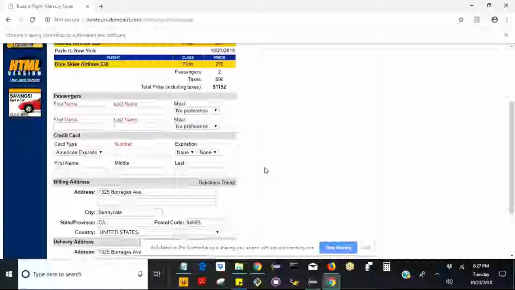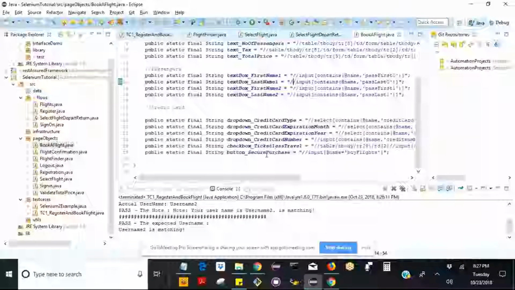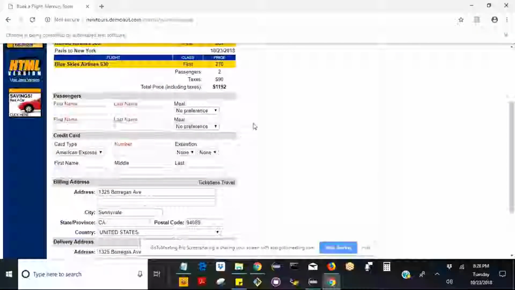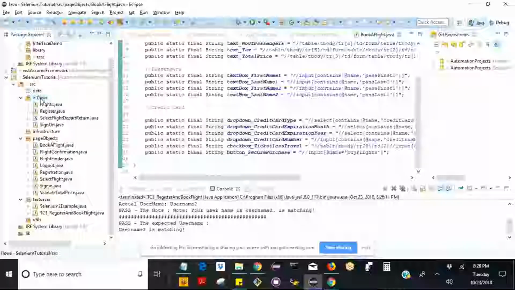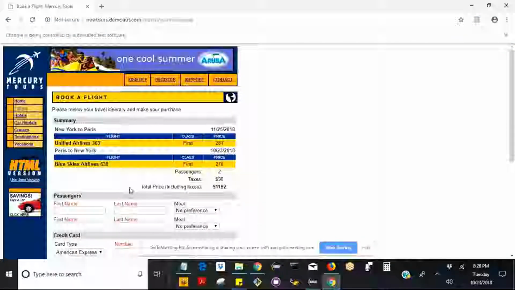So this is all done, and the button secure purchase, correct. So we are finished with the XPath capturing, and we are going to call these XPaths in the flows by creating a class with the operations of